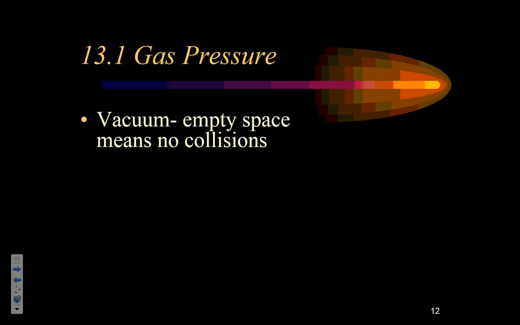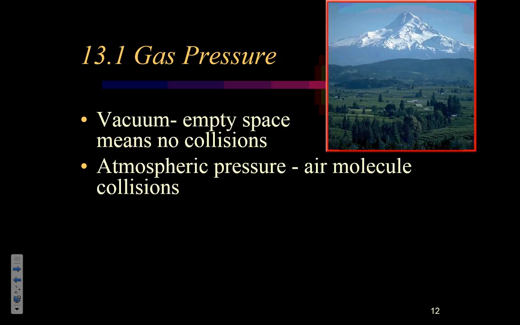Now, if we took away all of the particles like in a vacuum, we've got no collisions. That means no pressure. Atmospheric pressure, on the other hand, we're surrounded by a sea of air, and those particles are constantly hitting us. And the other thing that people forget about is it's not just the particles around you, but it's also the particles above you stacked on top. Picture one book sitting on your head. That's going to exert a pressure that you can feel. But if you put 2, 3, 4, and 5, none of those books are touching your head, but the pressure that you're feeling on top of your head is going to be significantly greater.